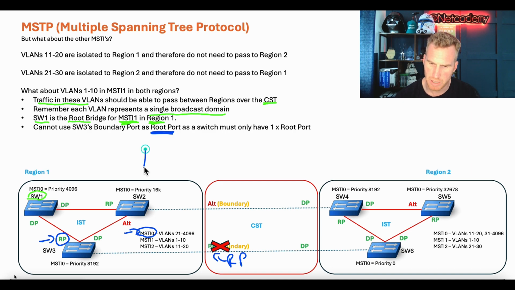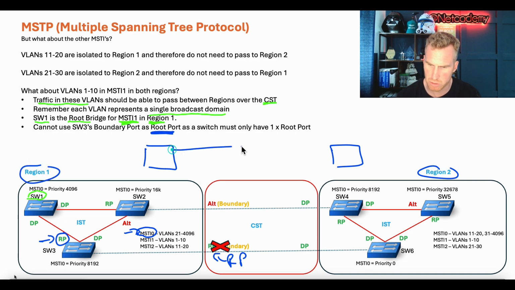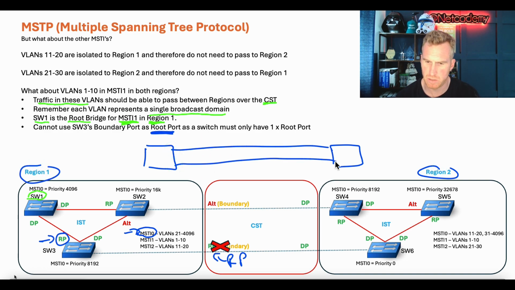Remember, each one of these regions is a logical switch, which just happens to have these two connections going over it. And right here is that root port. Region 2, this switch here cannot see inside this region and see all these little switches that are connected together. No, it can't. But what we're saying here is that switch 3 cannot use this root port here again